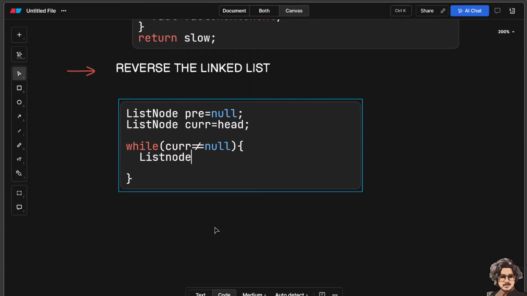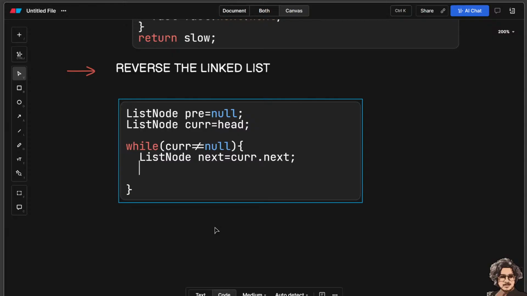So list node next. The next thing will be assigned to the current's next. Okay, this is a kind of temp thing, so we store the value in next. Now we have to change the direction: current dot next will become previous,